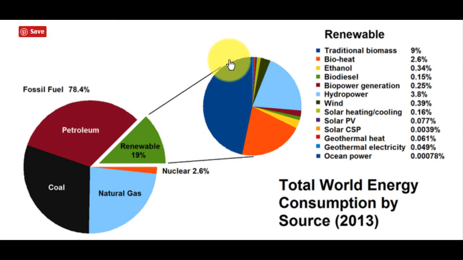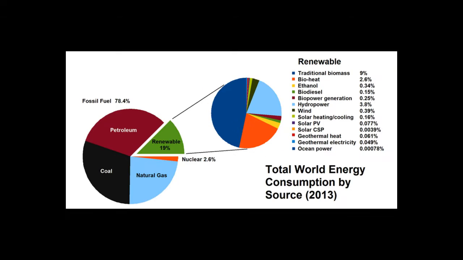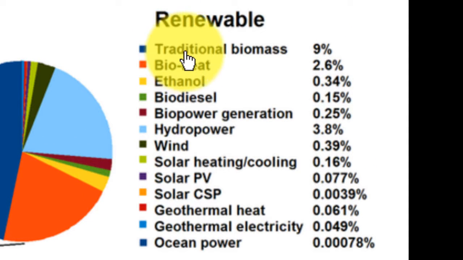If we take that segment out and we analyze it, the renewable energy component, which is about 19% of the 100%, we're going to take a quick look at all the different areas. Traditional biomass is 9%, bioheat is 2.6%, ethanol 0.34%, biodiesel 0.15%, biopower generation 0.25%, hydropower 3.8%, wind 0.39%, solar heating and cooling 0.16%, solar photovoltaic 0.077%, solar CSP, that's concentrated solar power, 0.0039%,